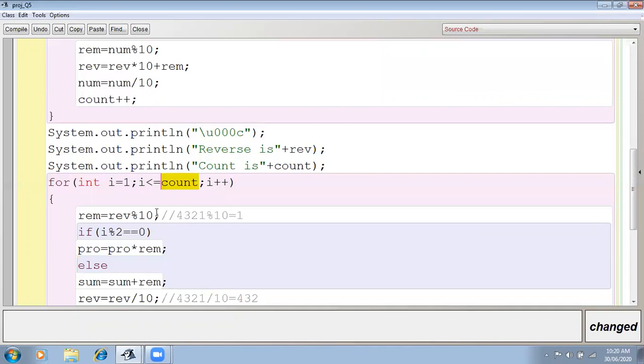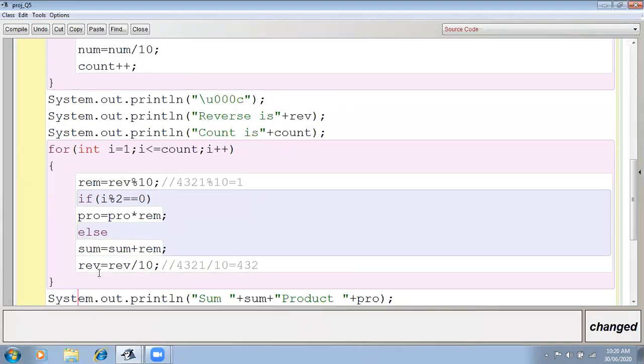Okay, and then see that I mod by 2 means even position. If I mod by 2 gives even position, then this remainder value is going to be multiplied. If it is not divisible by 2, it means odd position, then sum. Okay, so here I'm extracting the digits. Here I can use the while loop also, but all the programs I have shown you by the while loop.